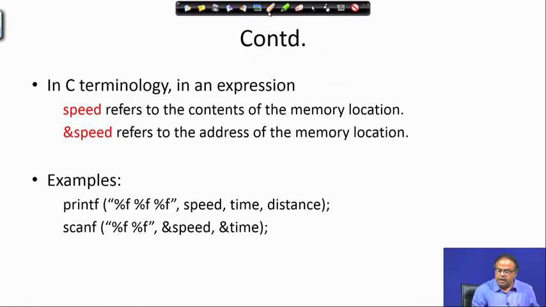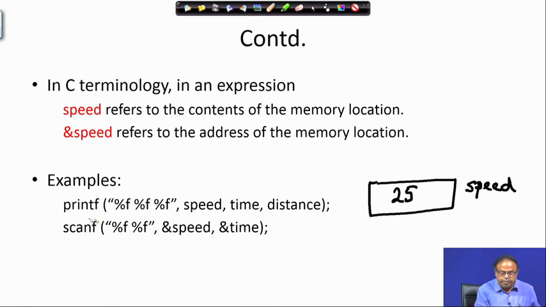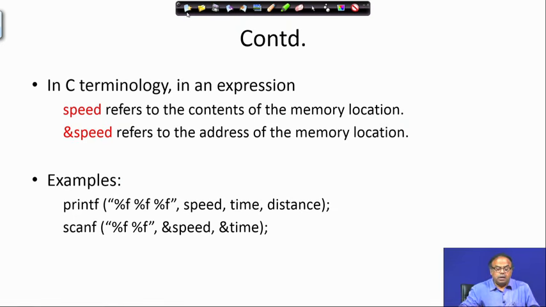Basically, when I have, say, speed, I once again repeat: suppose speed is 25 and I print speed, that means I am printing the content of this location speed. But whenever I am reading into speed, where am I reading the value? I am reading into the address of speed, okay. That is this location. That is the main difference between these two. All right. Let us stop here.